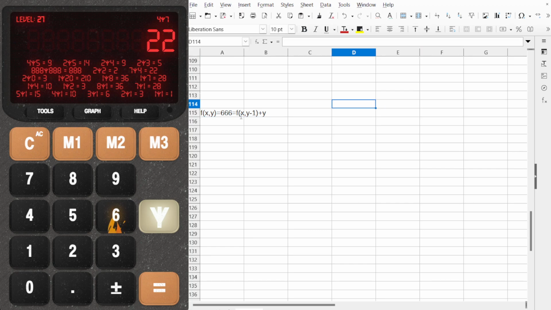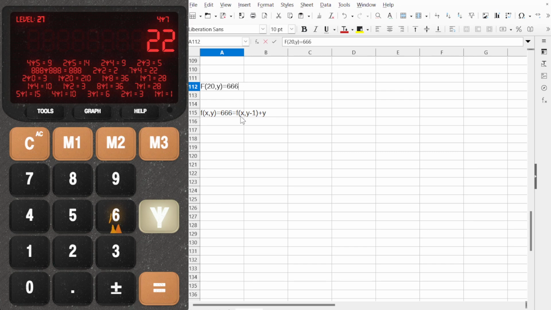Too many. Instead, I would like to have one solid one. I would like to have one thing where I don't need to change anything. So let's just say f of 20, y equals 666